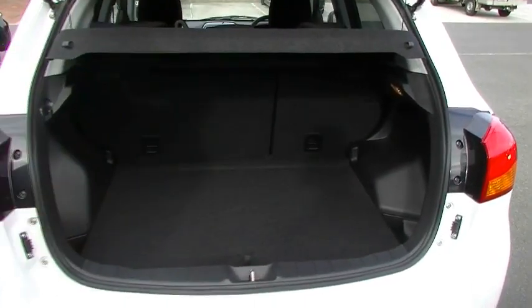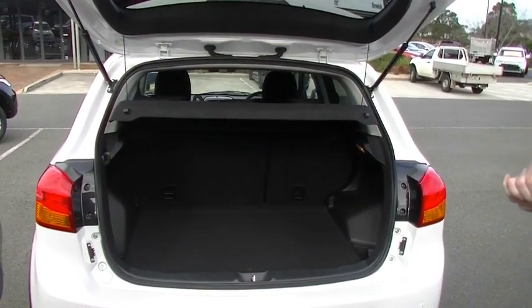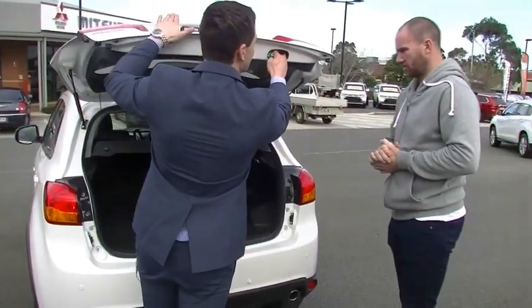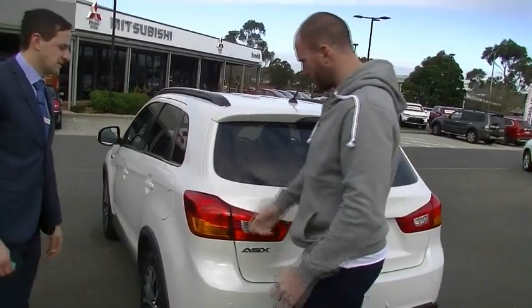So quite a large boot. It is quite deceptive from the outside, but a lot of people nowadays want more space to put things in the boot, which is important. So there's a handle there to shut it, to stop you from getting nasty fingerprints. If you wanted to put any more accessories on something like this,